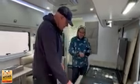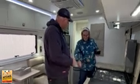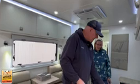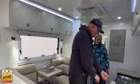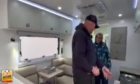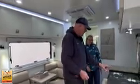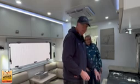No matches needed, just hold that in. You press this in, turn it in and hold it, light it up, you'll see it light, and then hold it in for another couple of seconds. It's got a heat sensor in there. That has to get hot enough for the gas to stay on,